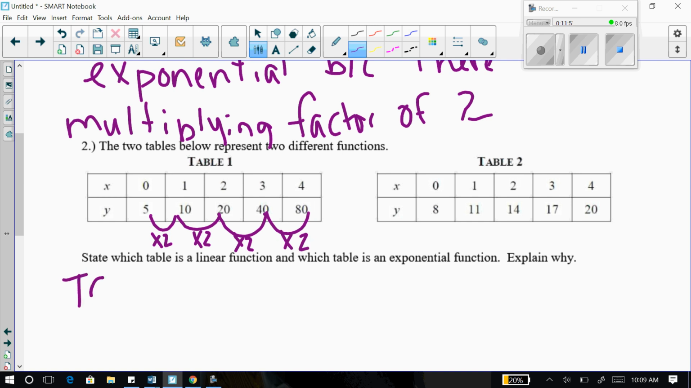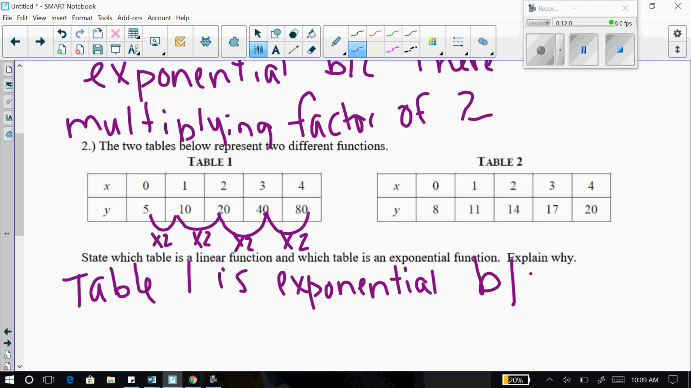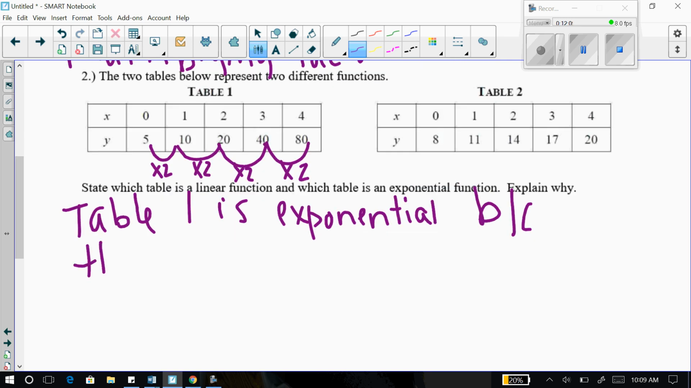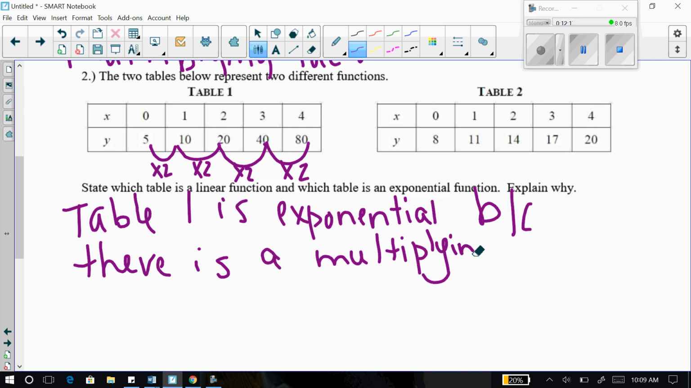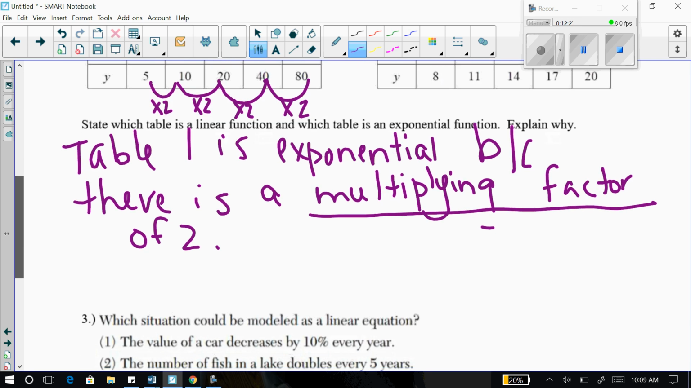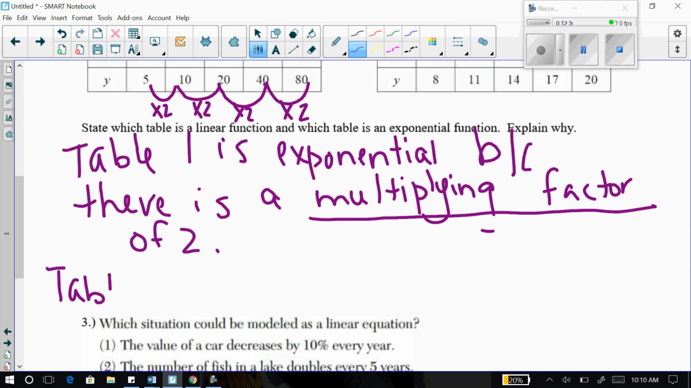So table 1 is exponential because we always say there is a multiplying factor of 2. We always use this word for exponential, multiplying factor. Now table 2 is then linear